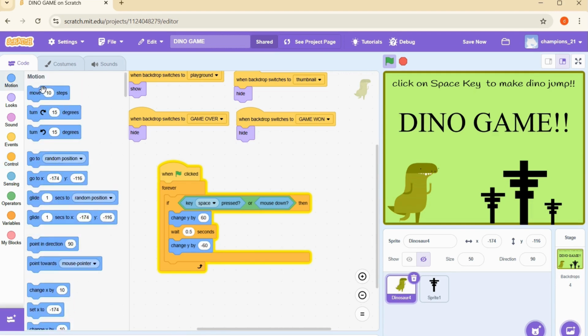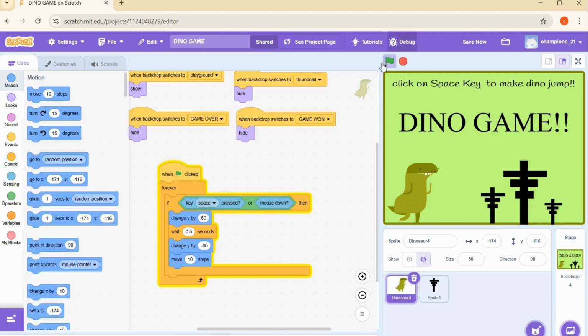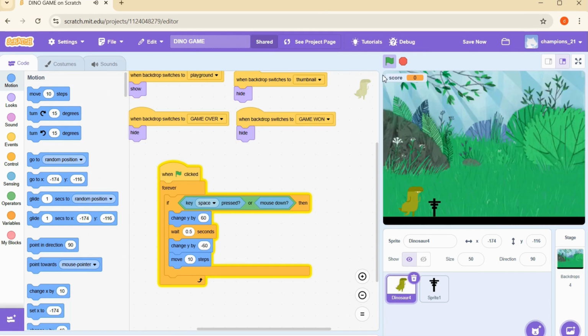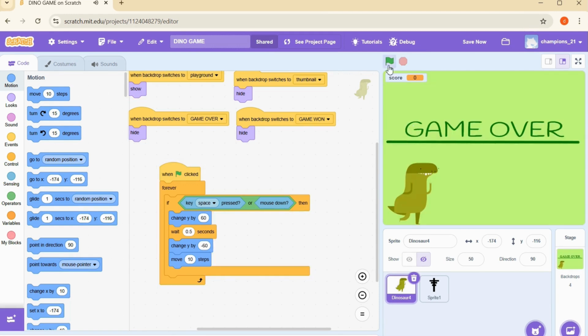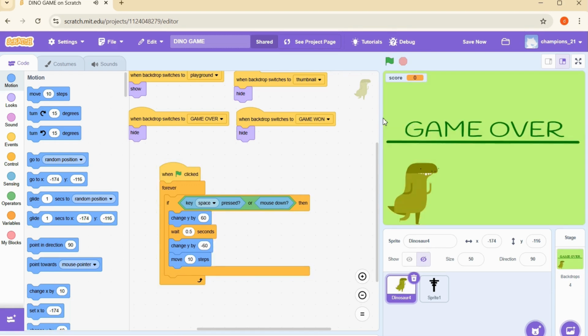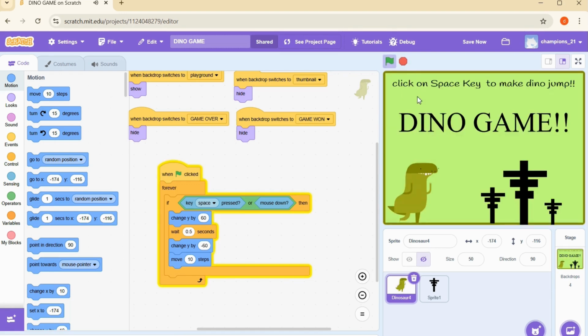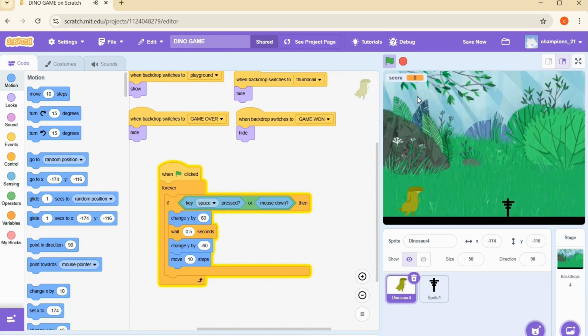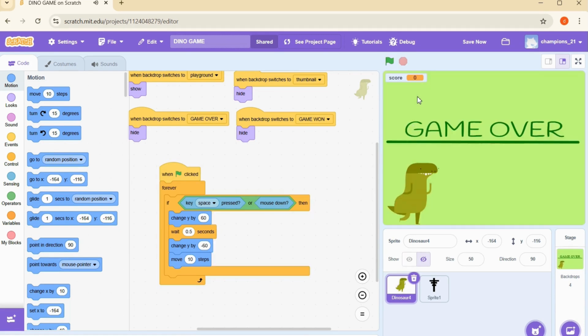Then we will make it move 10 steps forward, and let me try this. Wait, let me try this again. I'm not able to. Okay, I think we need to provide more. I think 80 will be enough, -80 will be enough.